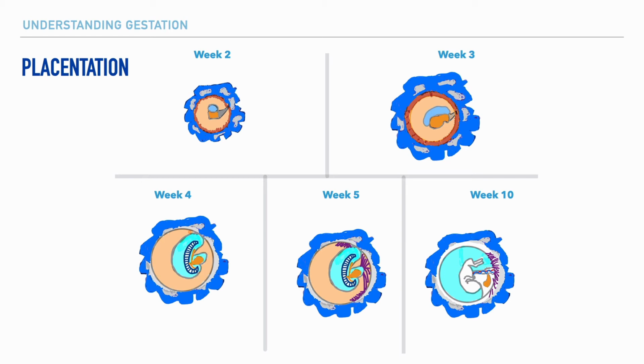And keep in mind that it's roughly in our 2nd week where we begin to see the process of placentation, and specifically where we have the early development of 3 out of the 4 extra-embryonic membranes. That includes the amnion, the chorion, and the yolk sac. Now, the first of these extra-embryonic membranes is the yolk sac, which has been present since around the 9th or 10th day after fertilization.